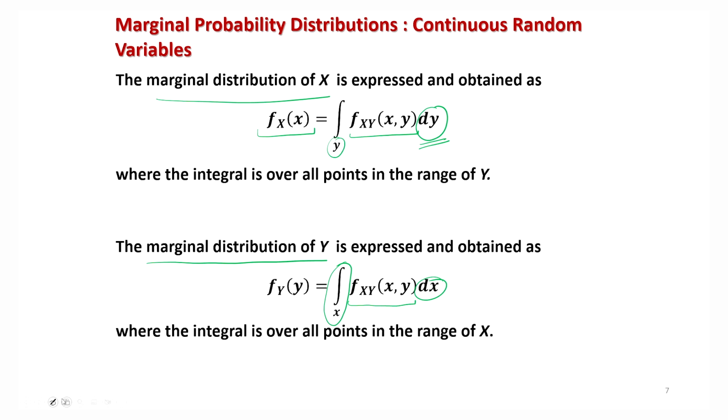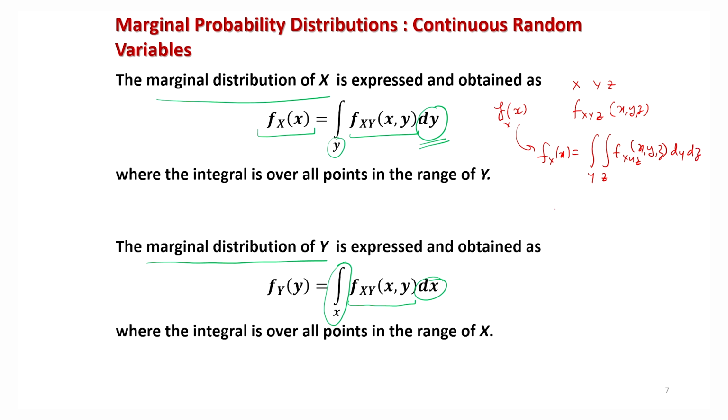And now if I ask you, suppose you want to extend it to a multivariate setup, suppose you have three variables x, y, z, and based on that you have a joint density function f of x, y, z. And suppose you want to find out the effect of x, f of x. So what will it now become? So f of x will become the integral over y, integral over z, of f of x, y, z, with dy and dz.